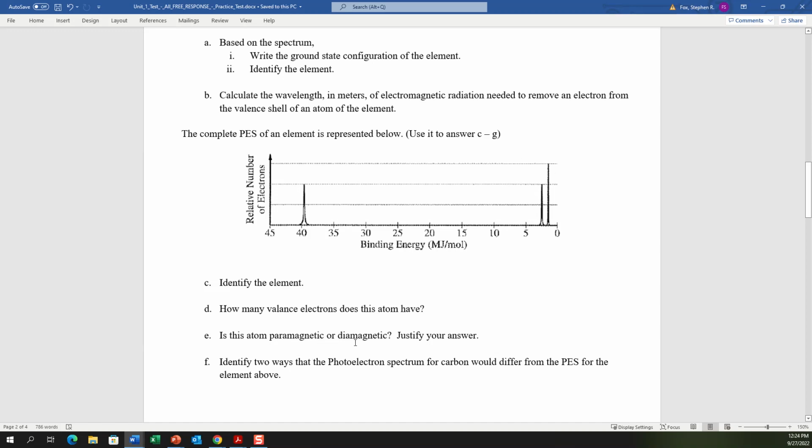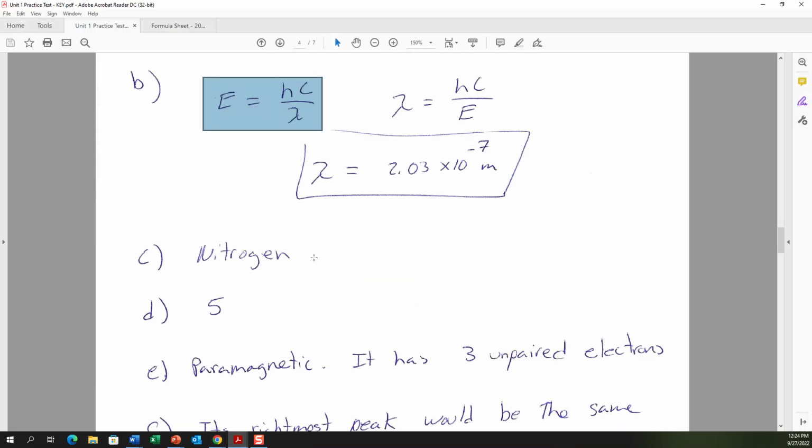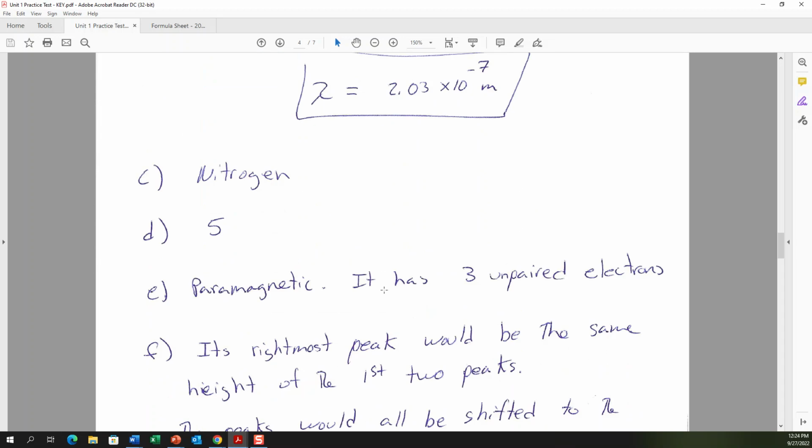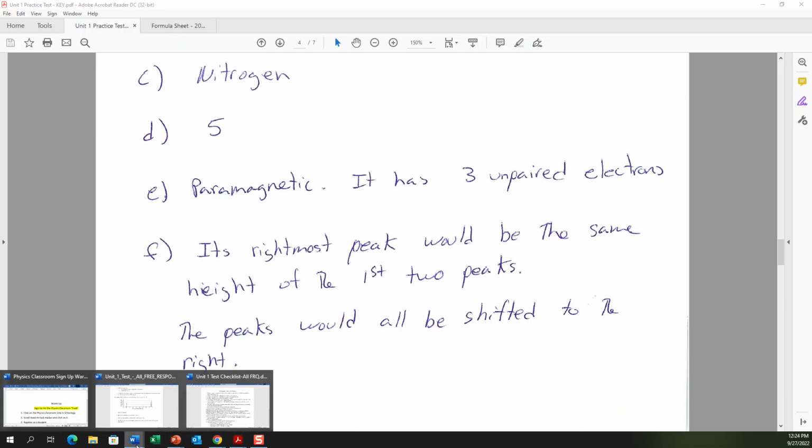Is it paramagnetic or diamagnetic? It's paramagnetic because it has unpaired electrons, right? In that 2p sublevel, it's going to be up, up, up. So it's going to have 3 unpaired electrons. And anytime you have 1 or more unpaired electrons, you're paramagnetic. Diamagnetic, all your electrons are paired. So let's go to the key and just make sure. So nitrogen, 5 valence electrons, it's paramagnetic because it has 3 unpaired electrons. All right, and then the next question